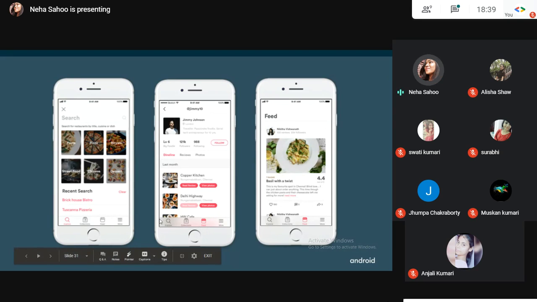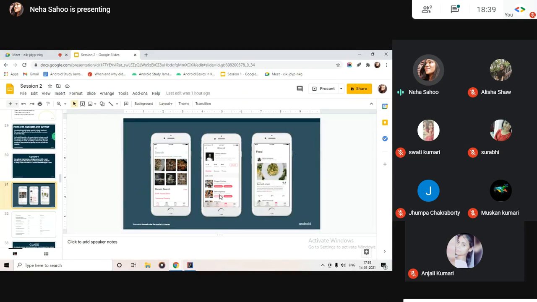So using the explicit intent, it has navigated from this part to this part. We will be learning how to do that tomorrow if time spares. And then if you want to move to some other activity, it would move to that. So these are very important in relation to what we are going to do tomorrow, and obviously they are important if you want to learn Android development. So make sure that you clear your basics first and then move on.